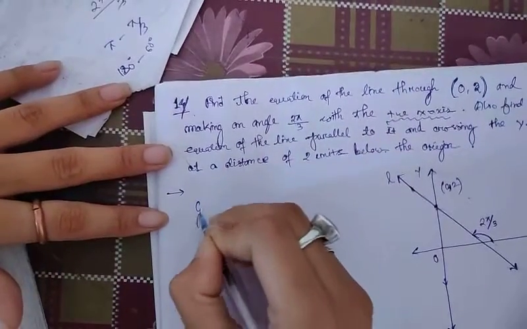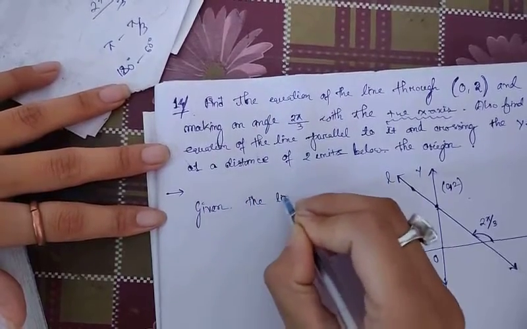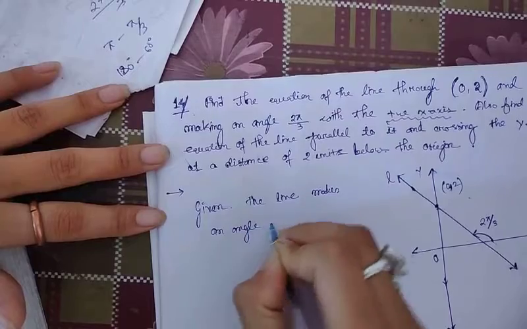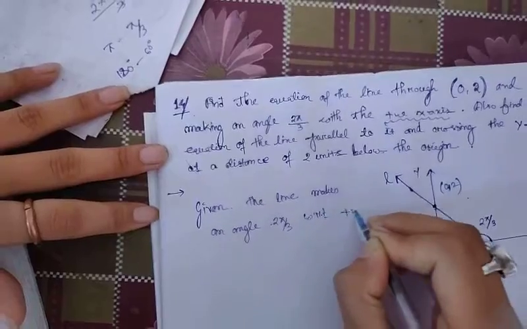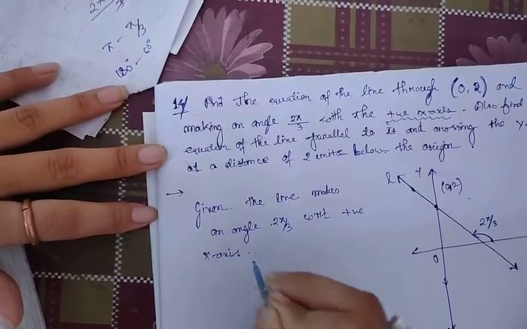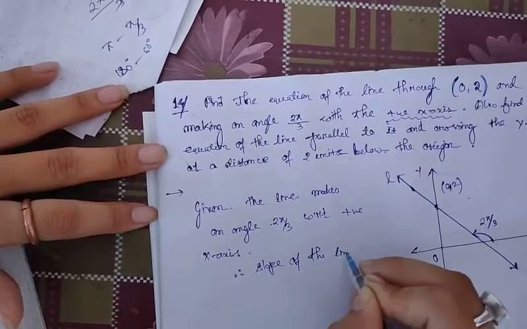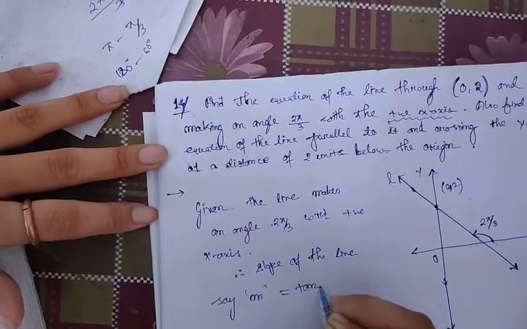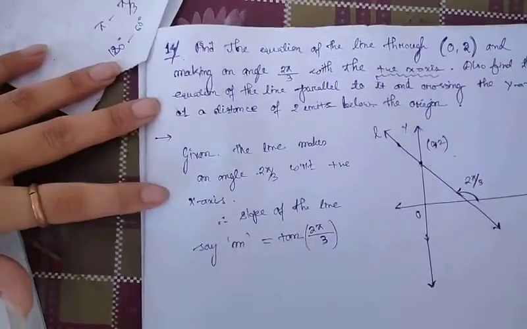So write like this: given, the line makes an angle 2 pi by 3 with respect to the positive x-axis. Therefore, slope of the line, say m, let us suppose equal to tan theta, that is tan of 2 pi by 3. So using trigonometric concepts,